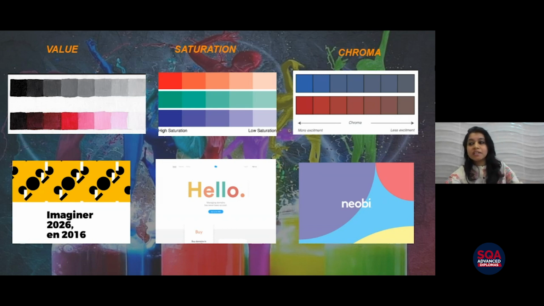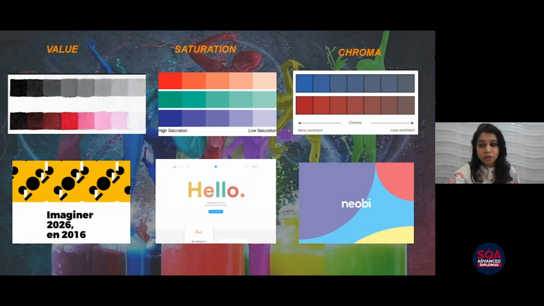Saturation is about strong conditions of light. When it is a high saturation, it means your color is very strong, and when it is a low saturation, it means that your color is a little weak and pale. So you should try avoiding these pale colors in your design, unless they complement the work that you want to do.